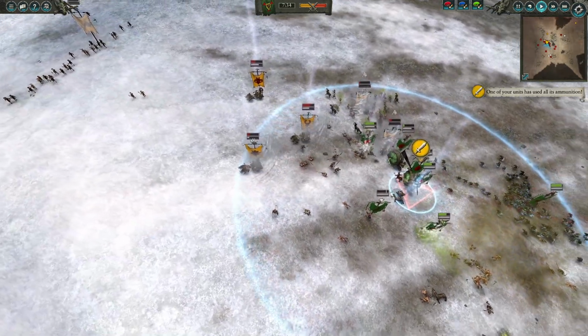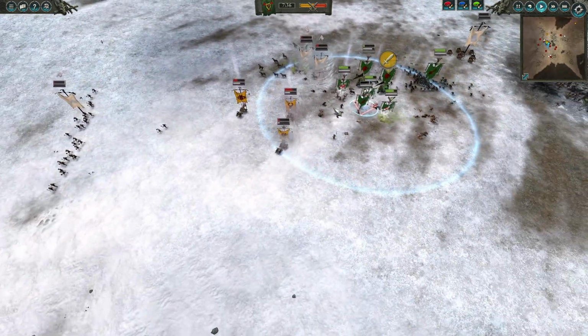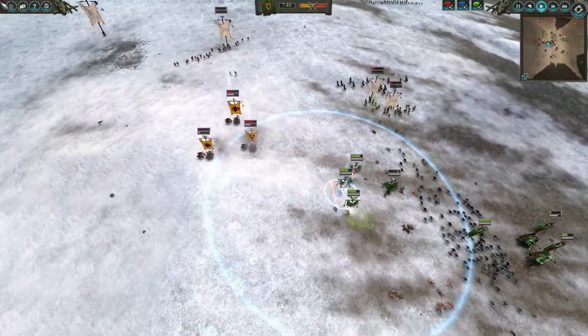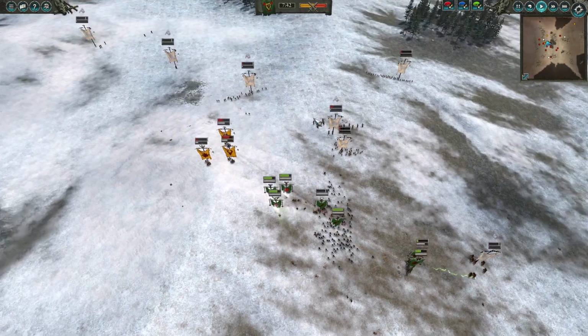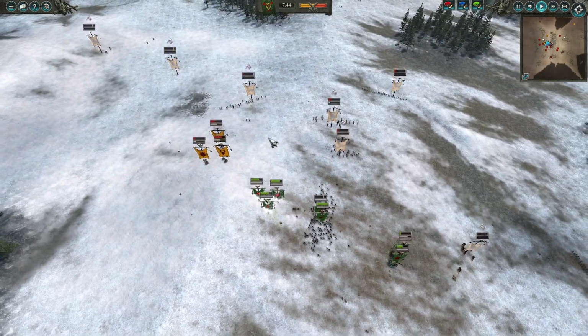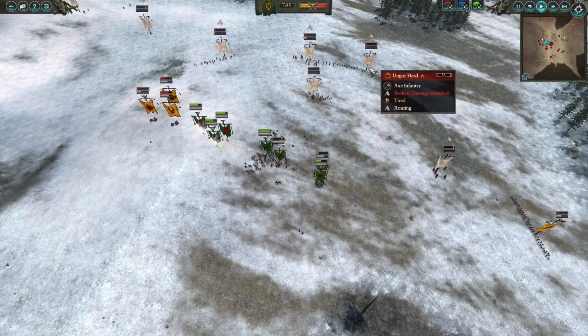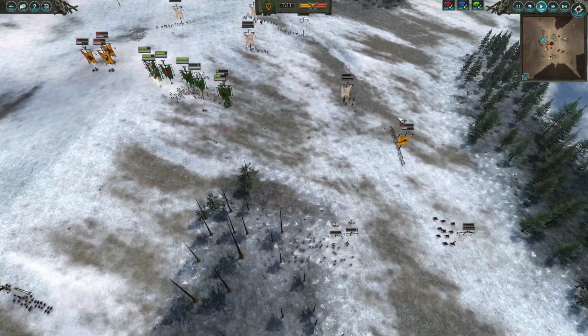I think I've only used 2 or 3 summons, and I think that's my 3rd Pestilent Breath, so I've got okay supply left, but my opponent is going to withdraw, and he's doing the right thing, fulfilling the attacking rule here. The Ungor hordes are coming back in. Most of this was